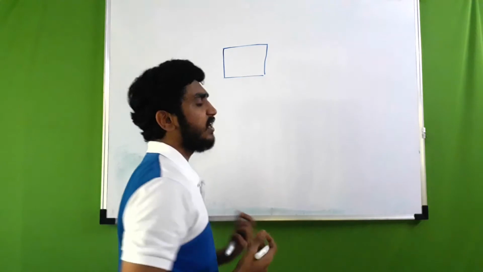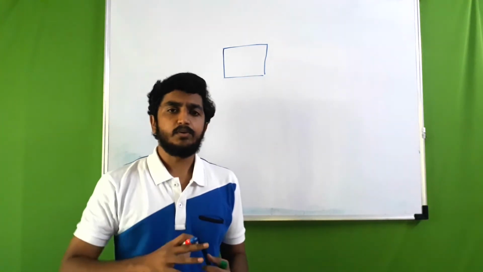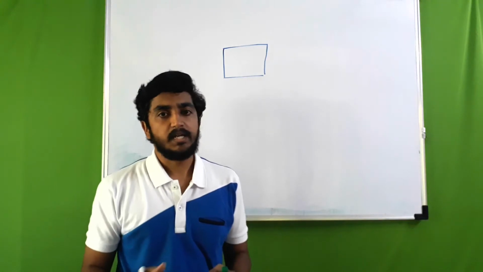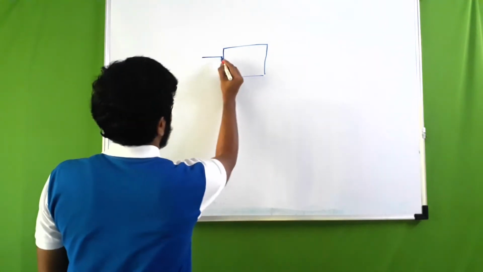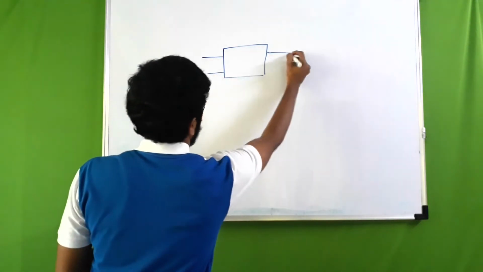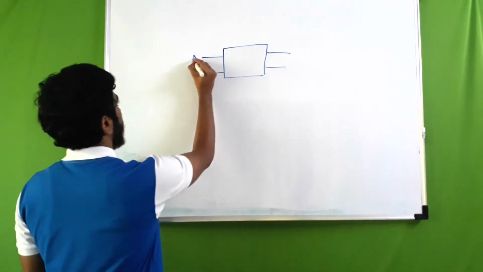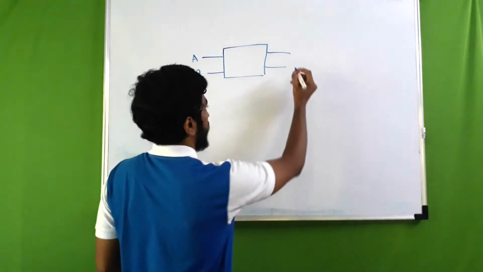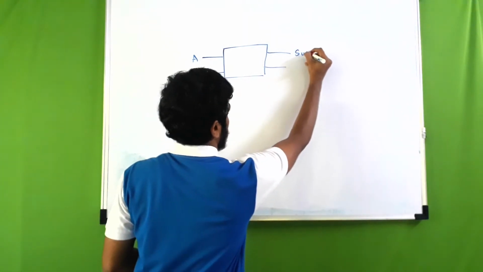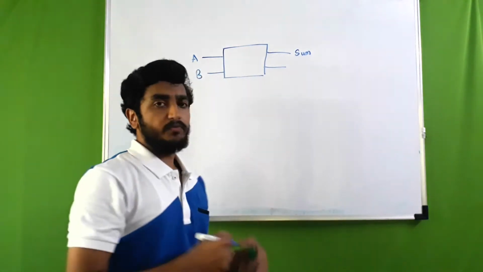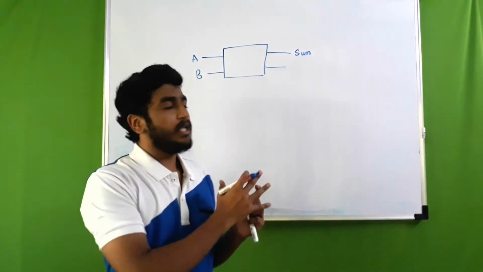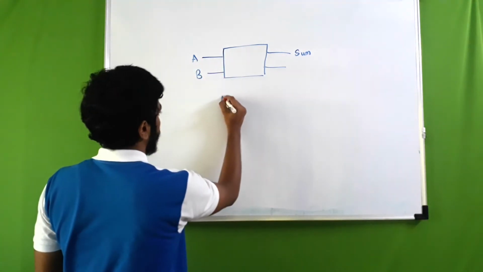For any digital design, if you first try to understand what the input is and what the output is which is expected, we can exclude the design which is inside for the time being. In a half adder we have two inputs, A and B, and we have an output sum. As of now I don't know whether I need one more output or not. Let's just draw a truth table of these two inputs.